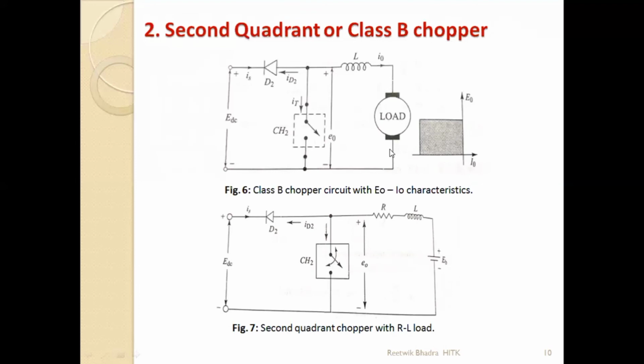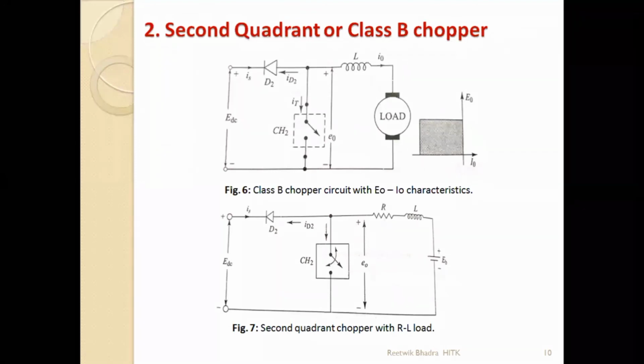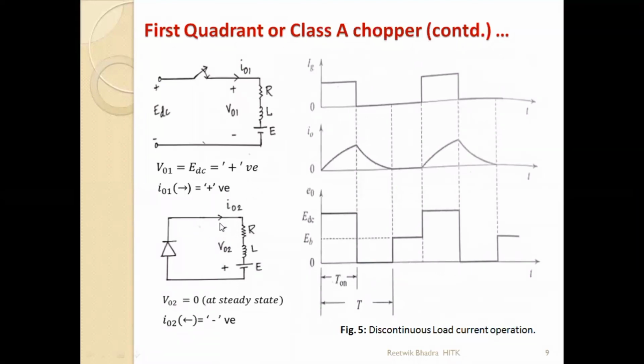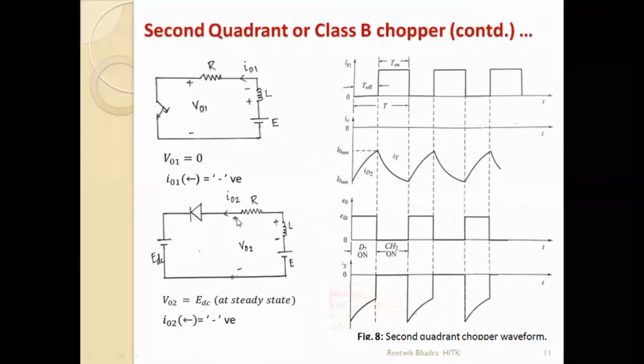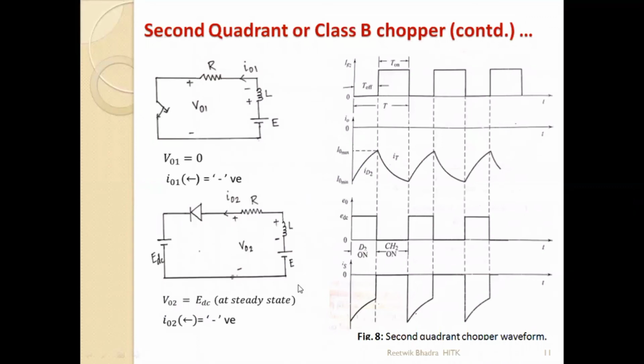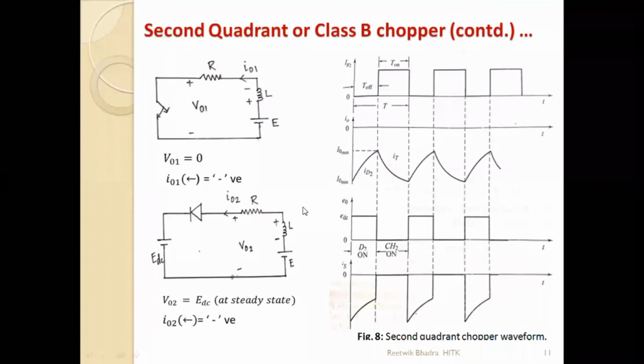In a DC motor, what happens to the current? Current enters the armature, right? But in this case, current is coming out of the armature. It is acting as a generator now, in braking mode operation. Okay? That is why now the current is taken to be negative. My load is a DC motor, but I am operating it as a generator or in a braking mode, so my current is changing. Okay? That is my classification of quadrants.